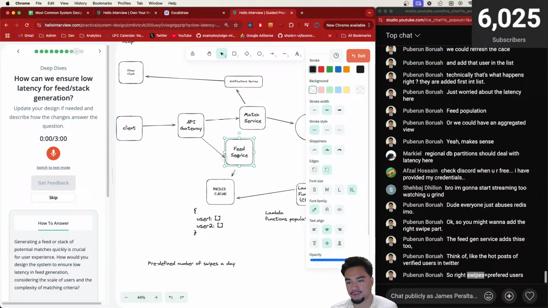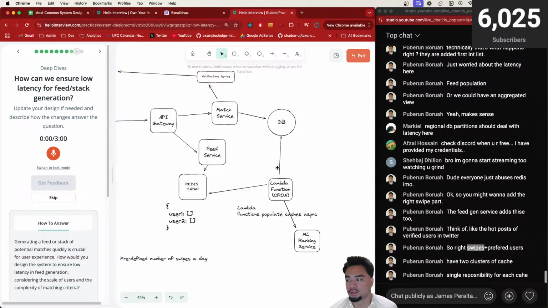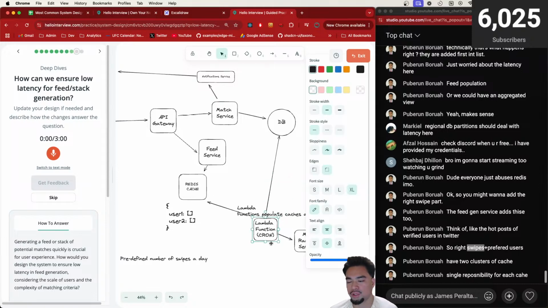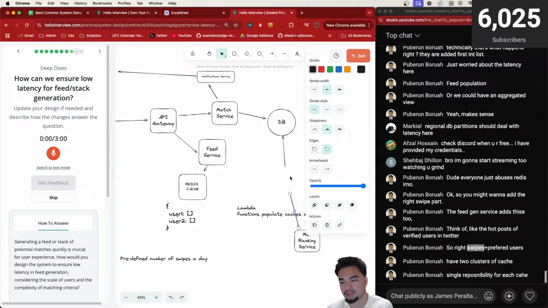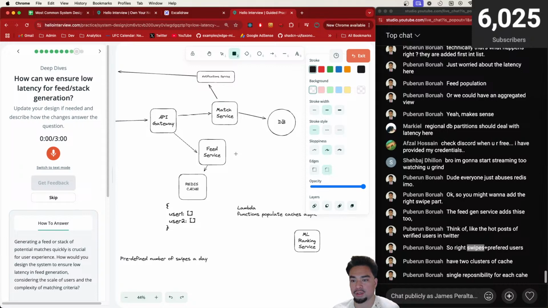So we have our feed service. What we can do here, instead of a lambda or something, is have the feed service with a queue, a Kafka queue that it writes to. So this could be more event driven. So essentially what's going to happen is